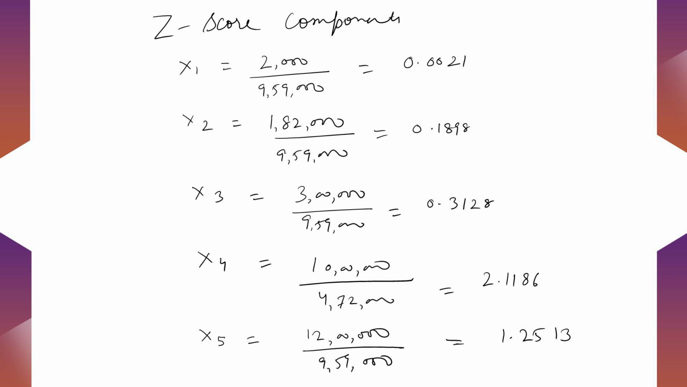Then the last component is X5, which is sales upon the total assets. As given in the question, the total sales of rupees 12 lakh compared with the total assets of 9,59,000, we got 1.2513 approximately. Now putting down all these values to compute the Z score, our Z will become 1.2 into 0.0021 X1 plus 1.4 into 0.1898